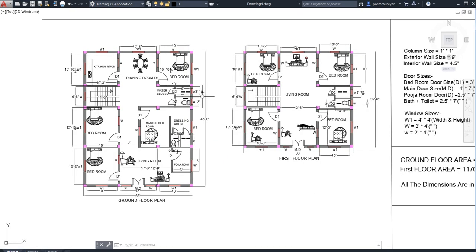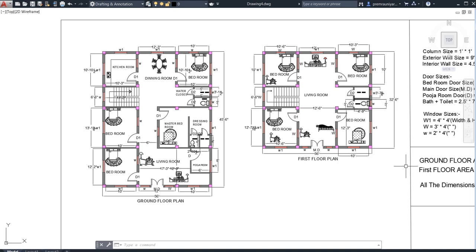So this is your built up area. Let me tell you the difference between plot area and built up area. Plot area means the land which you have. So if you have a plot area of 40 into 40, means 40 feet into 40 feet, you need to leave some spaces for doors or openings. You should not build your building on the whole of that plot area.